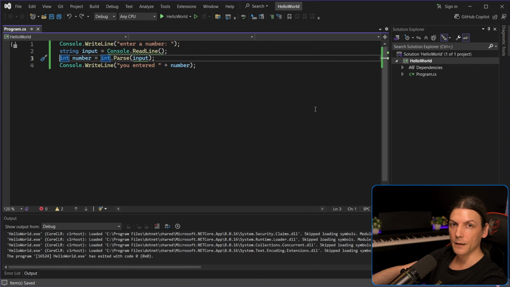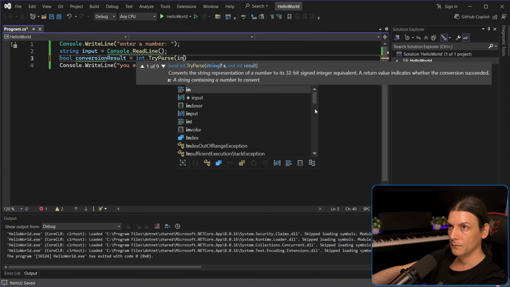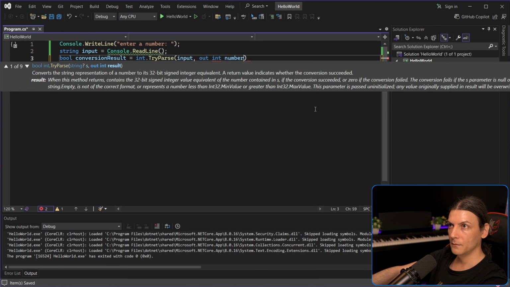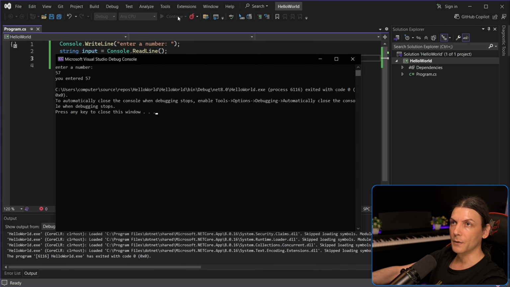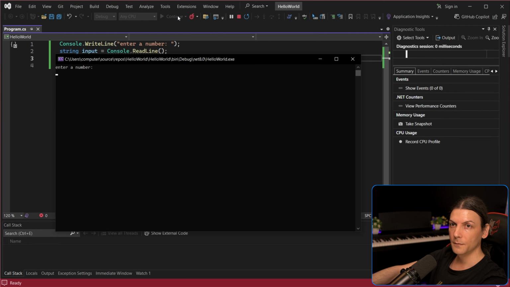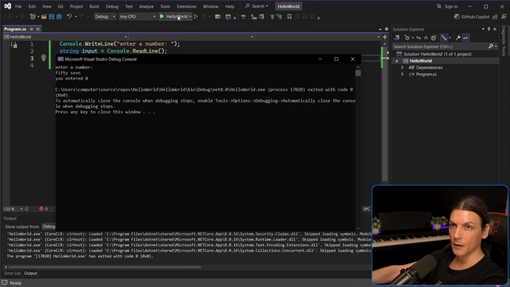The next way of converting text to numbers is to use the TryParse function, which works the same way, but instead of crashing the program if the conversion fails, it returns a boolean result indicating whether the conversion succeeded or not, and it looks like this. If I call it with a valid value, it works. If I call it with an invalid one, it doesn't work because we get 0, but it also didn't crash